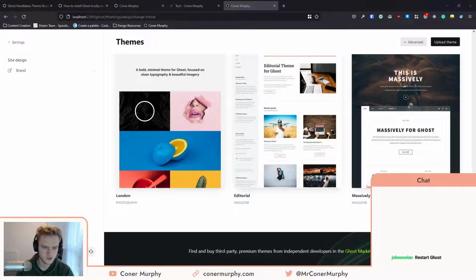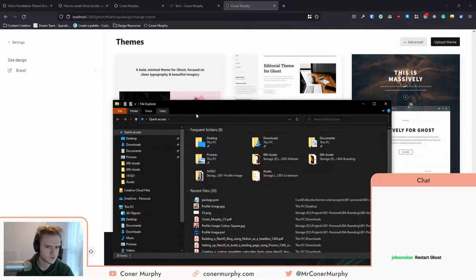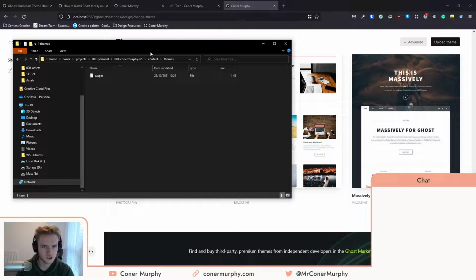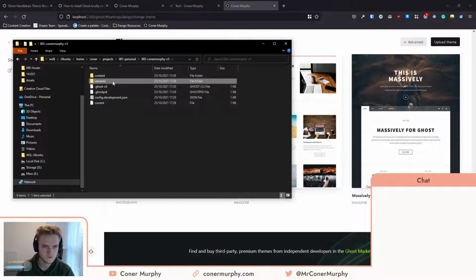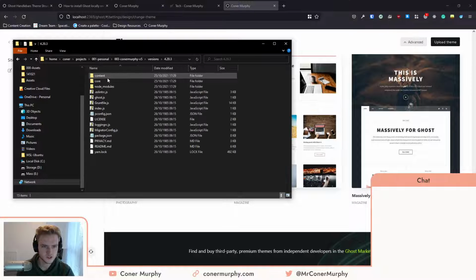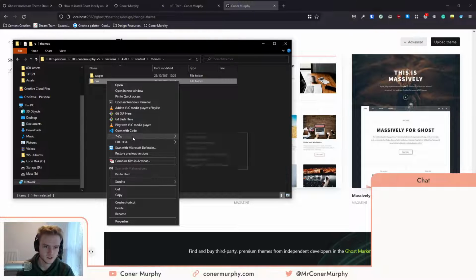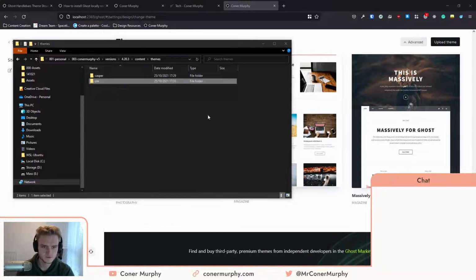So now if I navigate through to it, so go content, themes, and then it doesn't show, which is really weird. So I guess we have to go into versions there, then content, then theme, and there we go. So if I just zip that up,